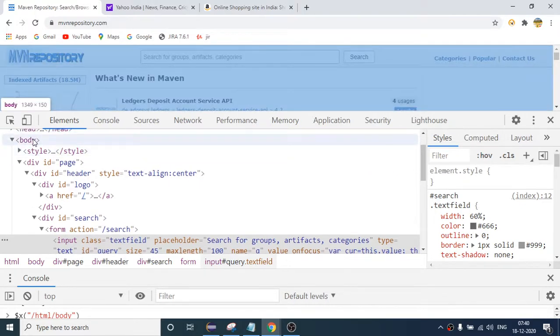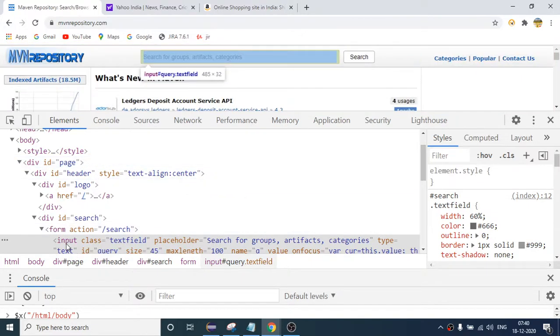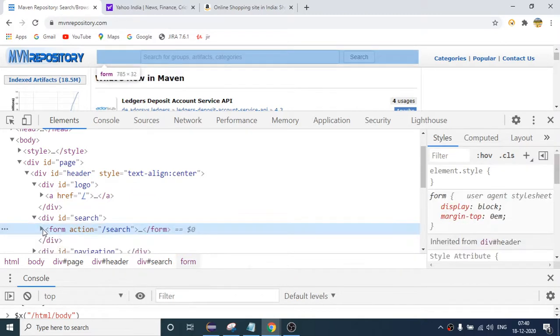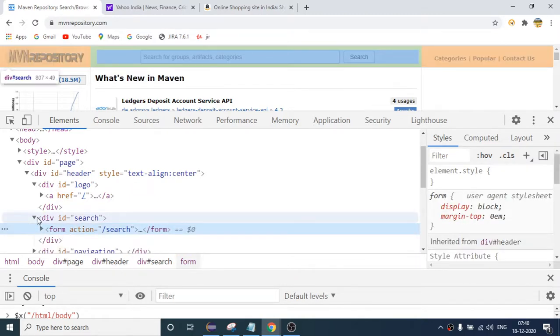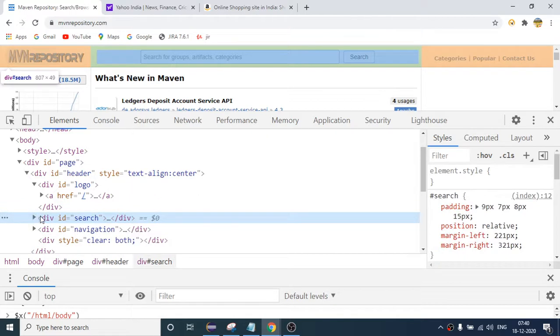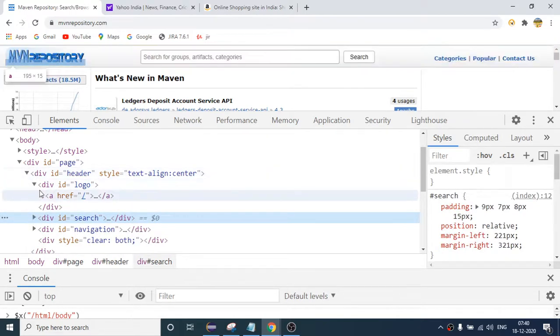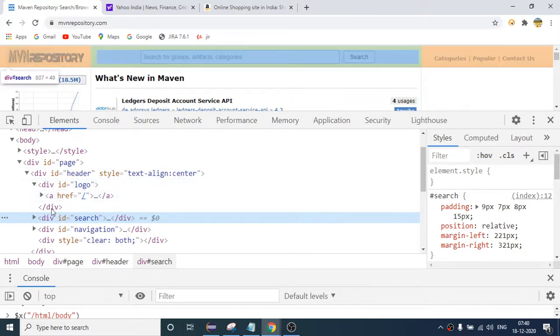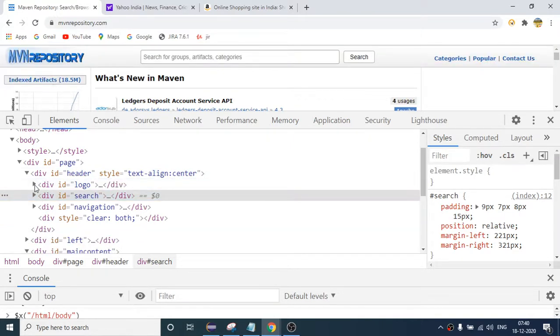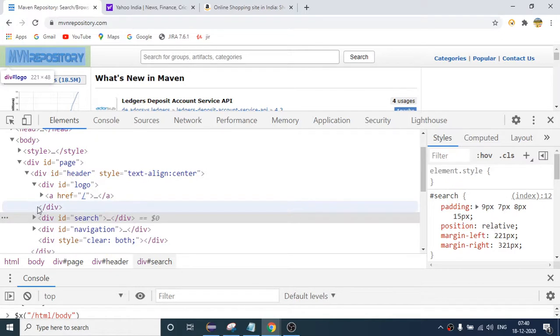But from the body tag, first I want to go here, because if I minimize this, you can clearly see what is the parent of this one. So if I minimize it, this will disappear. If I see the parent of this line, it is this, right? Because if I minimize this, the line will disappear. Sorry, not this one, this is the parent, these children have this parent.